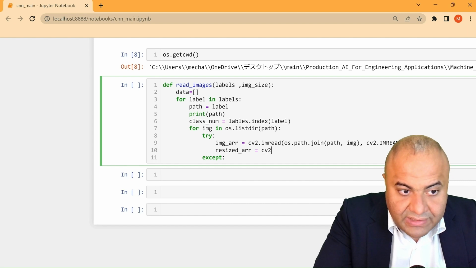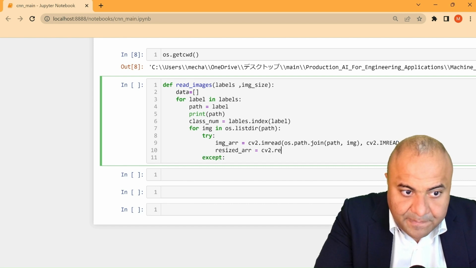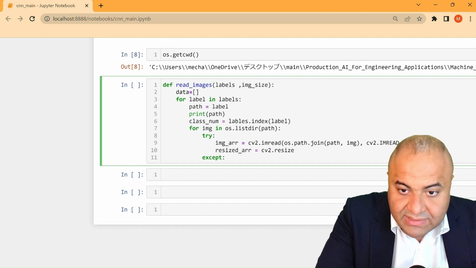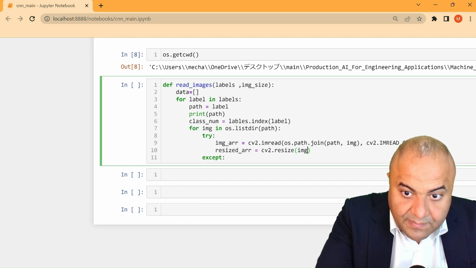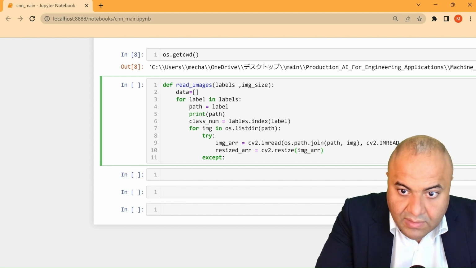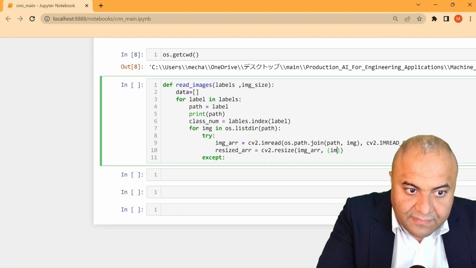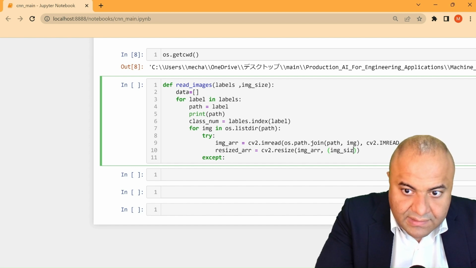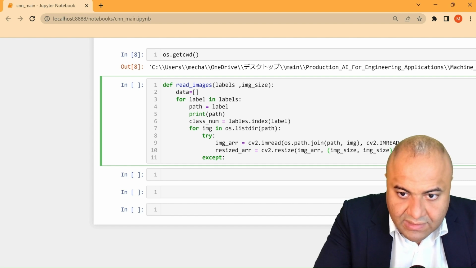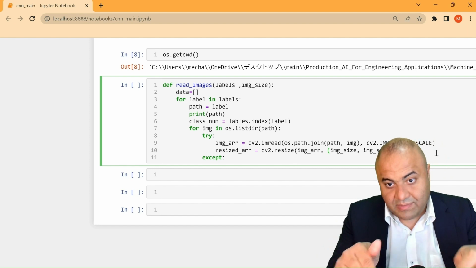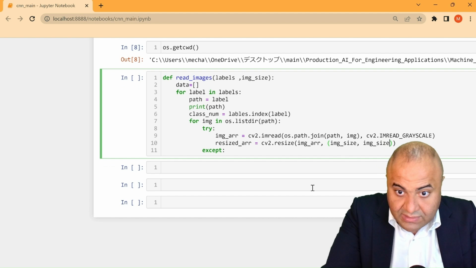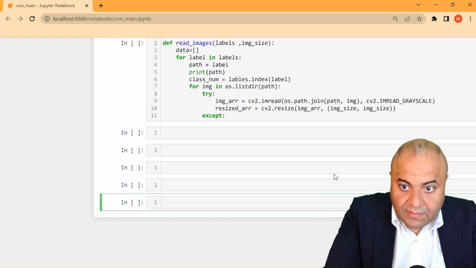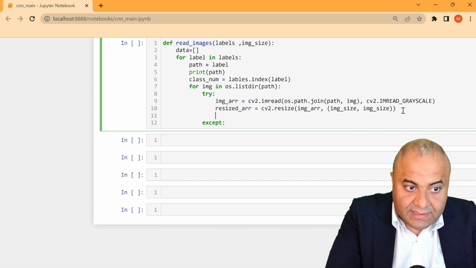Now we need to resize these images because all the images have to be the same size. And here we have image size, because we will make it square. Of course, you don't have to make it square, but in our case, we will do that. So image size, and here